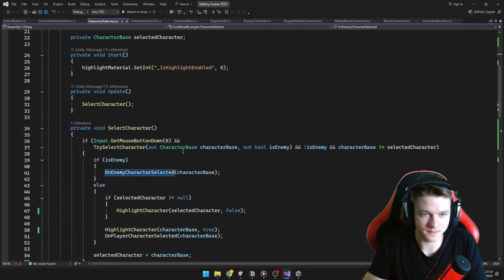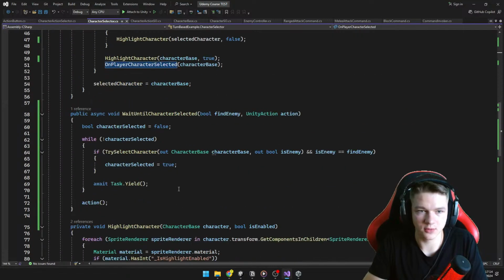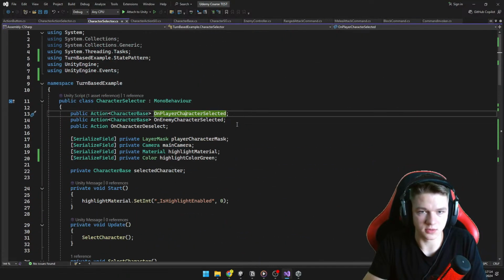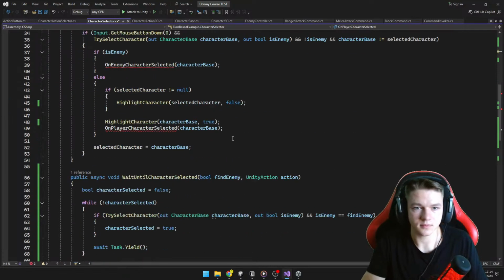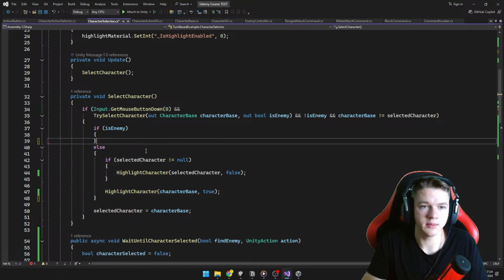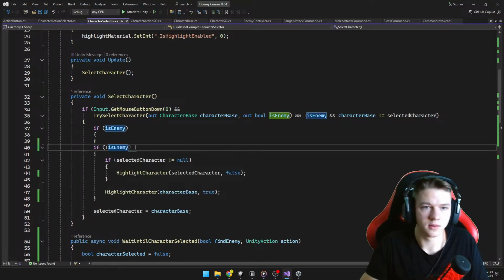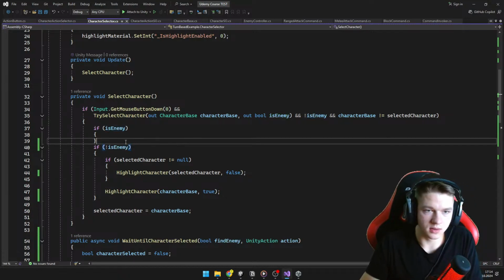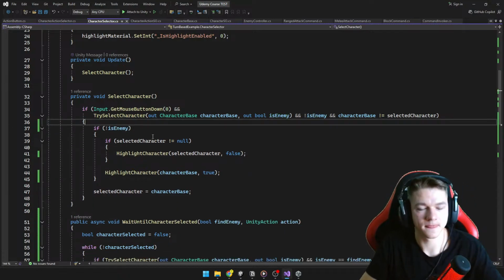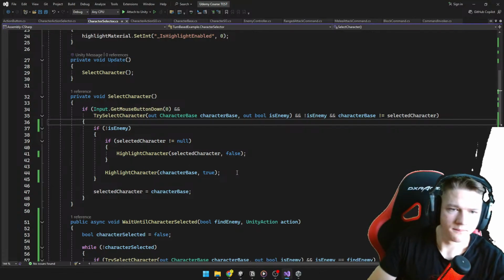so let's remove this code. We don't really need those two actions. I don't think I'm using them anywhere. I'm just calling them, so let's remove that. We don't need to call them, and we can shorten this to if is not enemy. Let's add this one. We can get rid of this, and I'm pretty sure